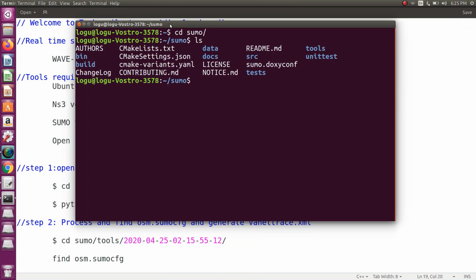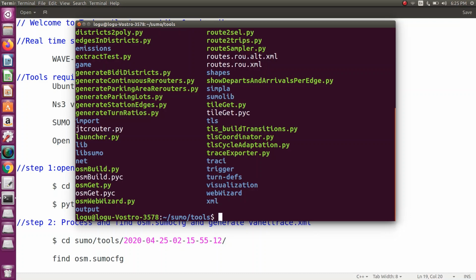We have a tools folder, so you want to go to tools: cd tools, then ls. So first we want to open osmWebWizard.py. It is a Python file, that's why it is .py. This file we want to open.